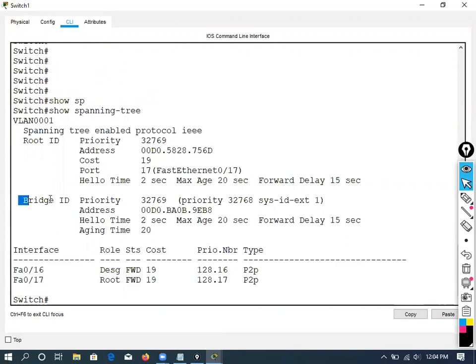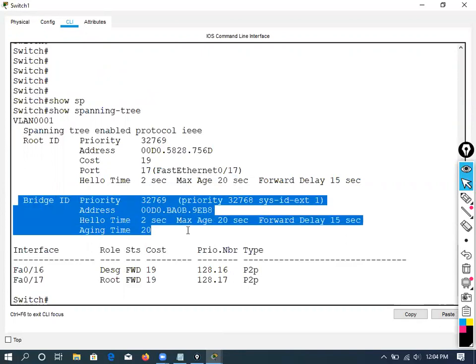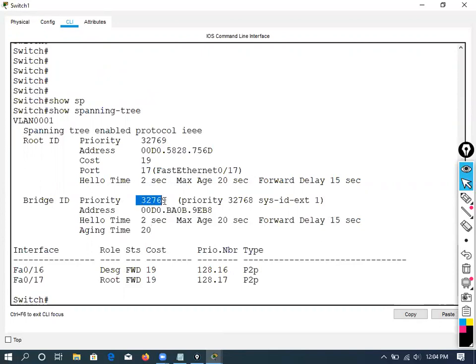Now bridge ID, it's my bridge ID. My bridge ID is 32769. The BPDU, as I said, is going to have both the bridge priority and the MAC address. Those two combined are called the bridge ID. My bridge ID is 32769, same, it is a tie. And my MAC address is 00D0BA. So I have the higher MAC address than this one. That's why I'm not going to consider this as the root switch or core switch. Clearly understand?